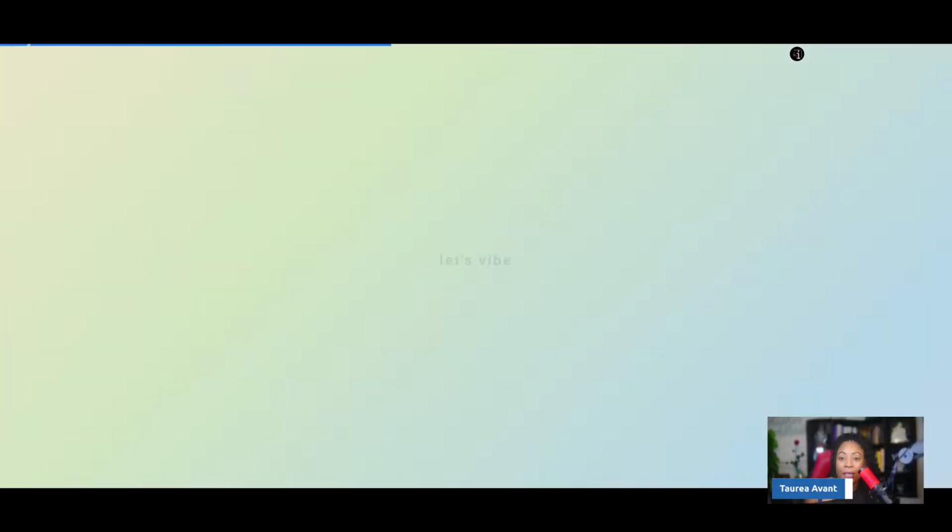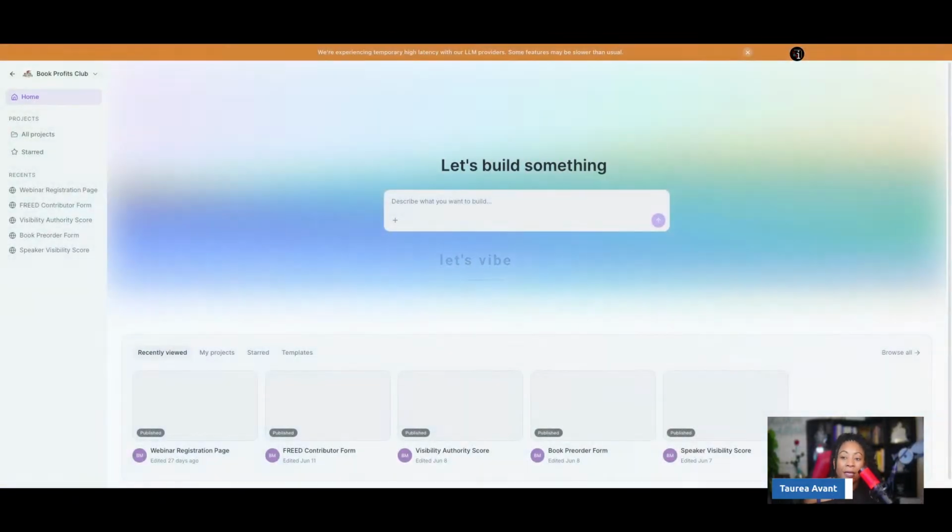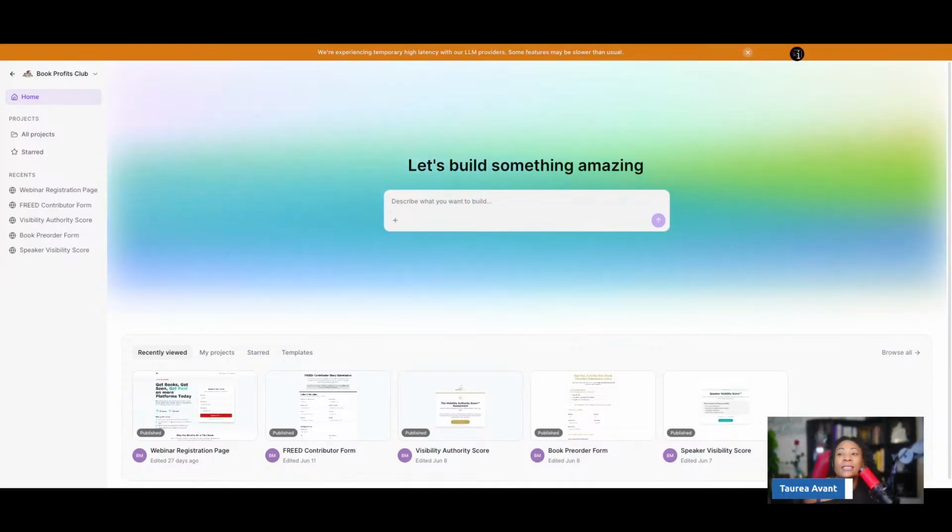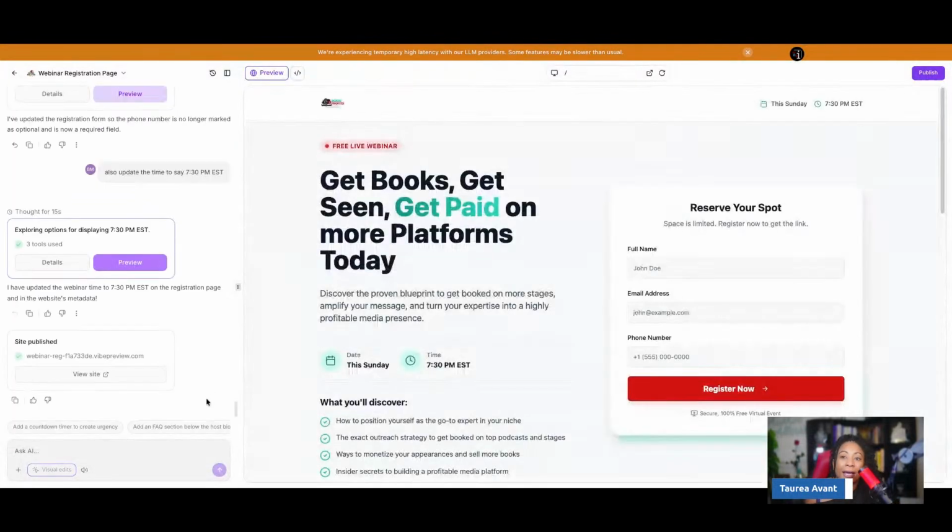Then you also have AI Studio. AI Studio allows you to do a lot. AI Studio is fire, and this is where we're going to actually create the social media content. It allows you to create assessments and websites. I literally created an entire webinar registration page through AI Studio.